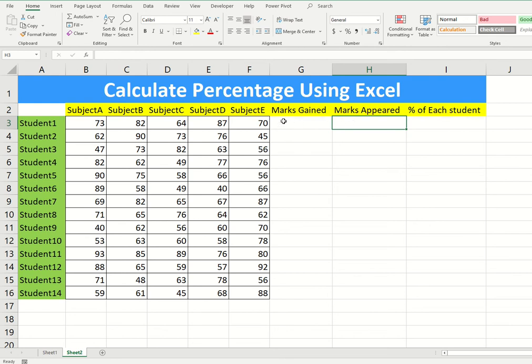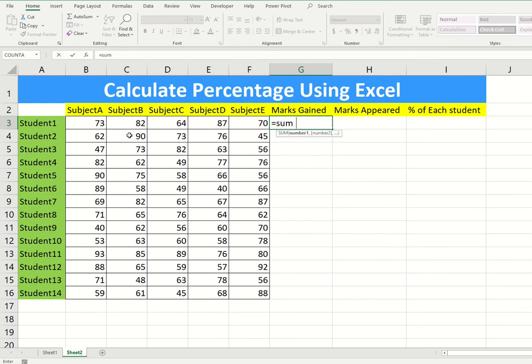First, to get the marks gained, again we have to use the sum formula. We type the formula, select the range, and close the parenthesis, and so he has gained 376 marks.